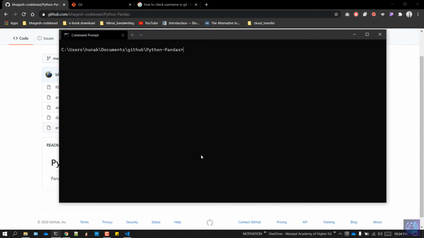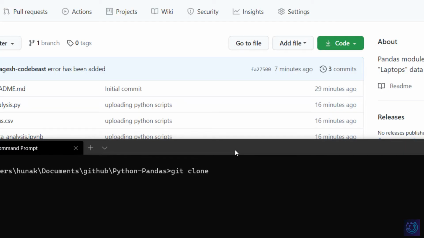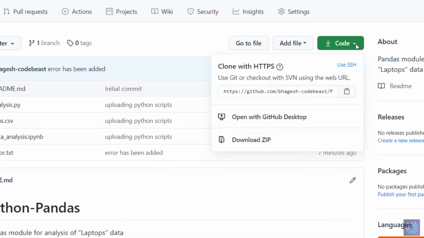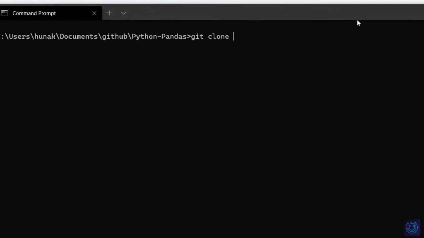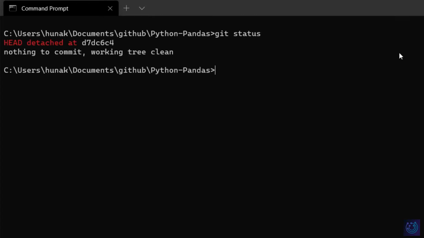So what we covered today is how to create a repository on github.com, followed by how to clone the repository to your local system, that is by using git clone followed by the link which you copy from the code here. And the next command which we learned was git status to check the status of the current repository.